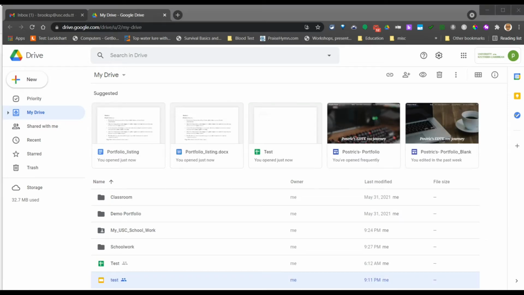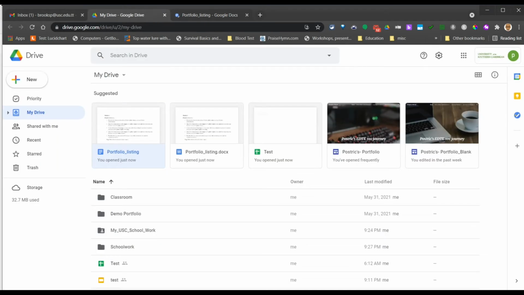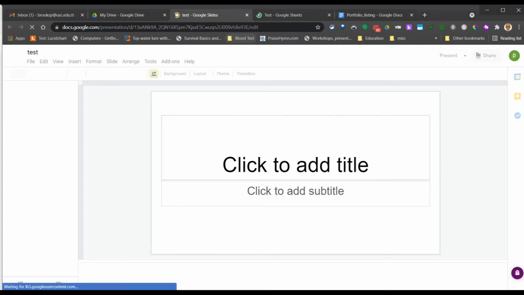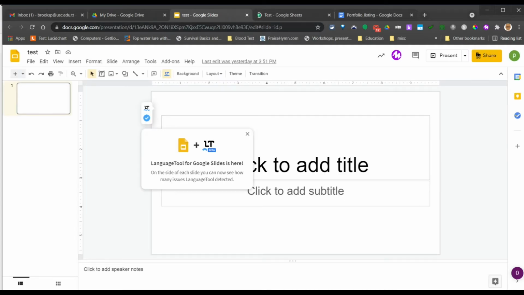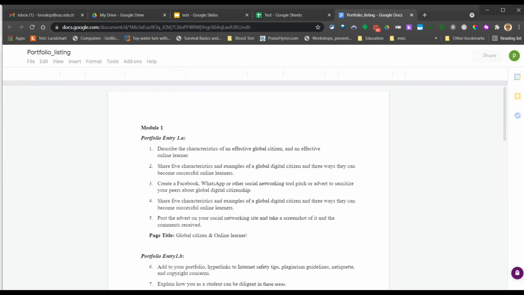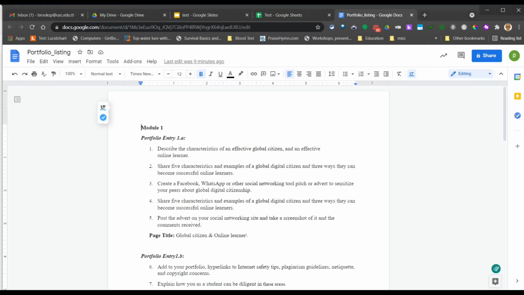In this section of the video, we are going to look at how to share documents that are opened. So let me just open a Google Doc, that is the word processing component of the Google Suite, a spreadsheet, and the presentation software. And if you look at the top right hand corner of any one of these files or documents,